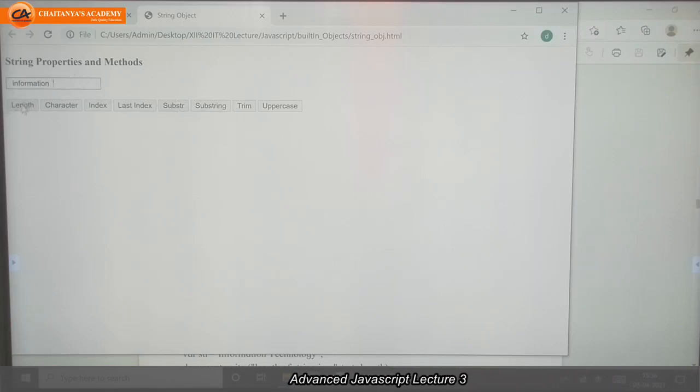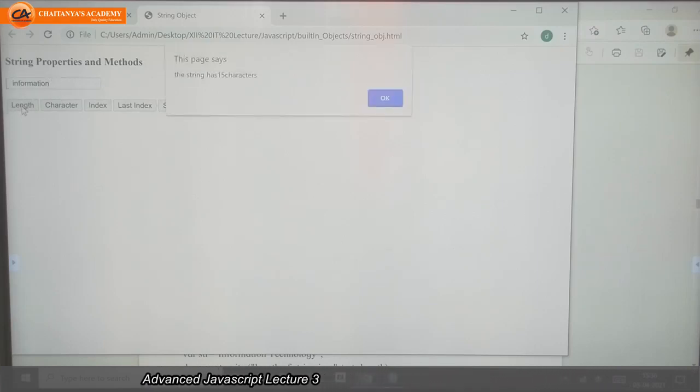Now we will check what length it gives. It has given us a length of 15 characters. Why? Because we gave two blank spaces at the front and two blank spaces at the end. So it gave me the length of this string as 15 because I have given 4 blank spaces, 2 in front, 2 at the end, that's why.